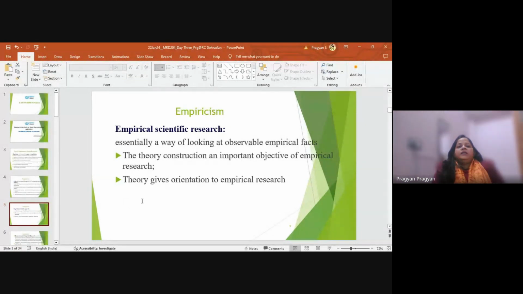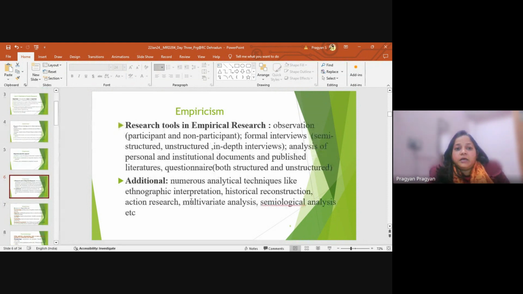That means in empirical scientific research, most of the time the emphasis on observable empirical facts is basically to talk about theory construction, or also another enhancement, the end part, of how that theory can be different in a particular social setting. But actually the researcher's role in empirical research is going to be completely different